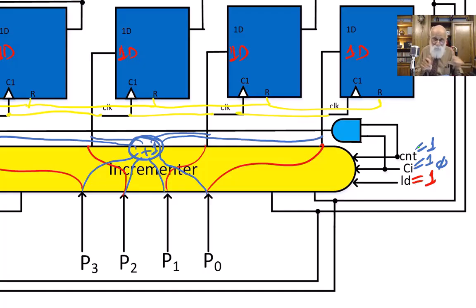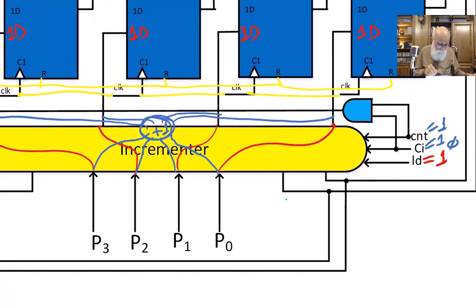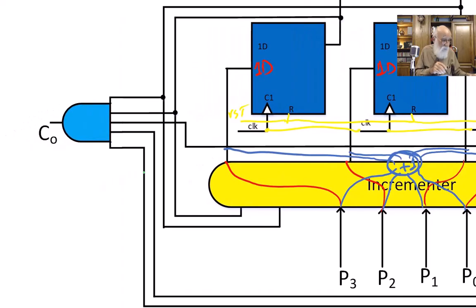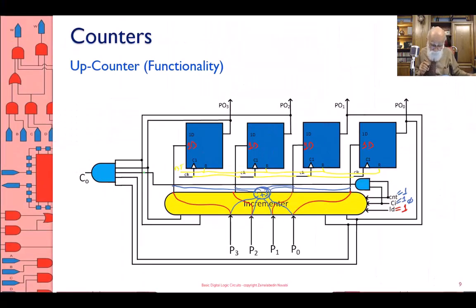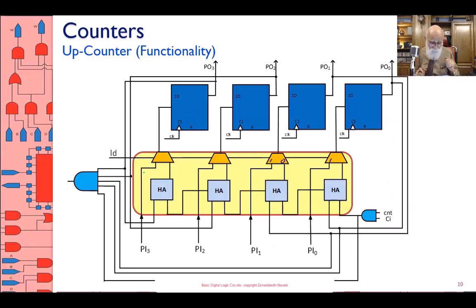This is the kind of thing we are doing here. And this is carry out, which I will show you how we can use for cascading. This is all there is to this, and now let's look a little bit more into the actual hardware of this. The actual hardware of it isn't all that